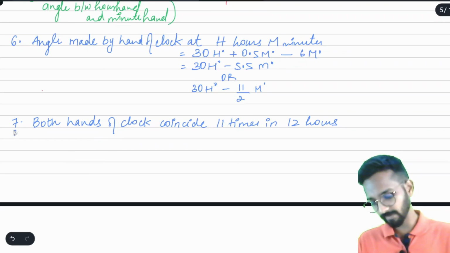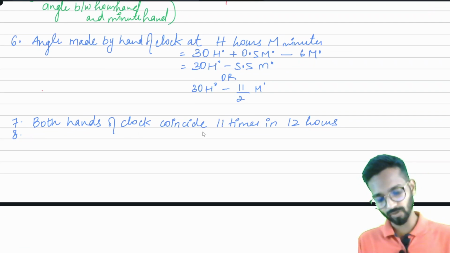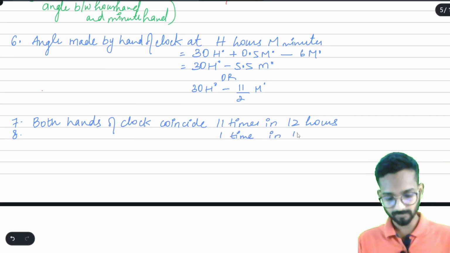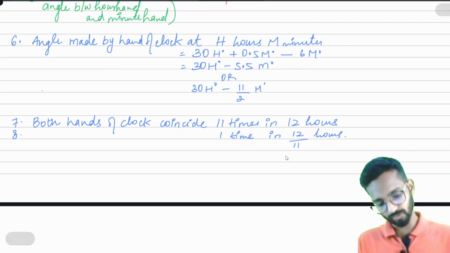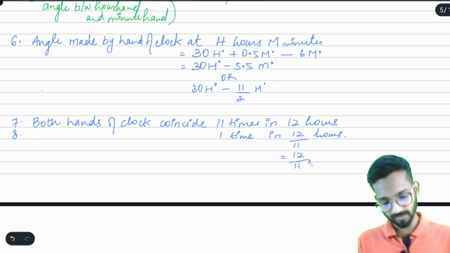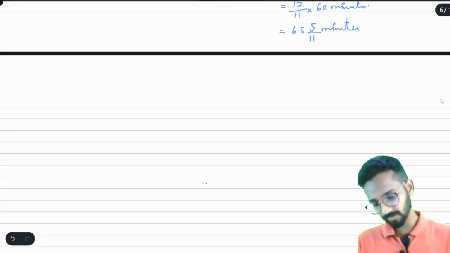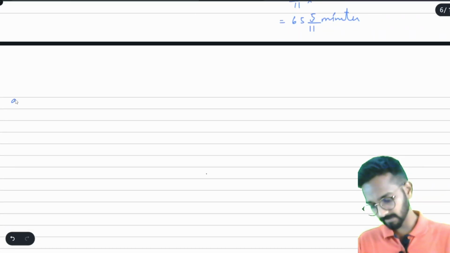point number 8, what we have here is that both hands of a clock coincide one time in 12 by 11 hours. Or you can also say 12 by 11 hours is nothing but 12 by 11 into 60 minutes, and this will be 65 5 by 11 minutes. Understood? Very simple. Now the ninth point,